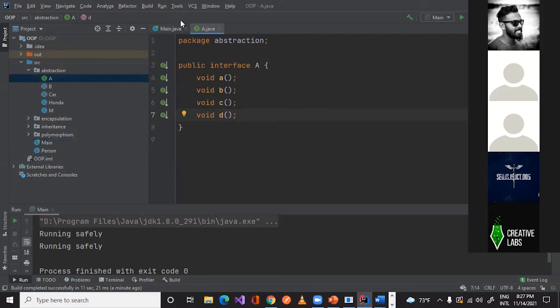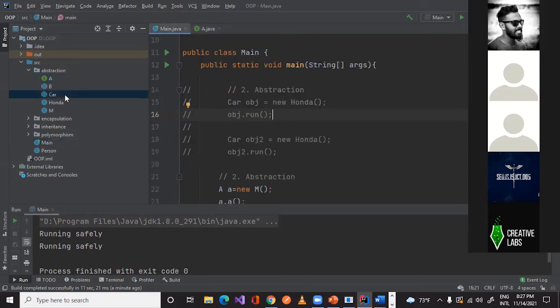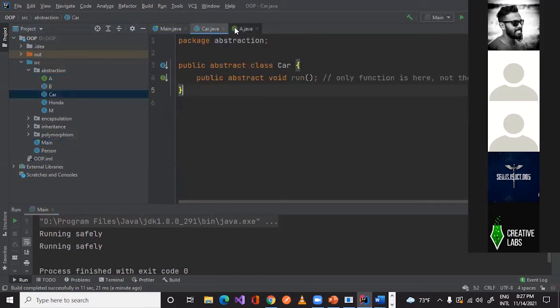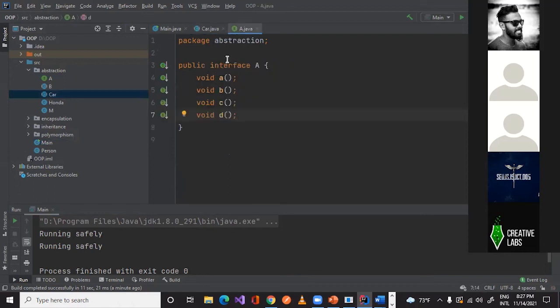For example, here we did it as an abstract class, but here we declare it as an interface. An interface is a kind of special class which has only the functions, not their implementations, right? So let's say it has a public interface A. It has these 4 methods.